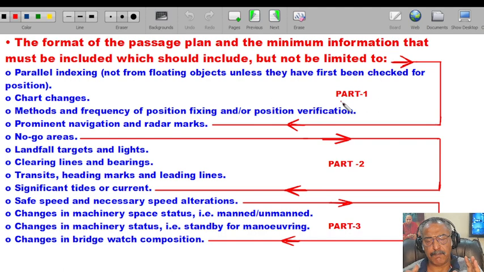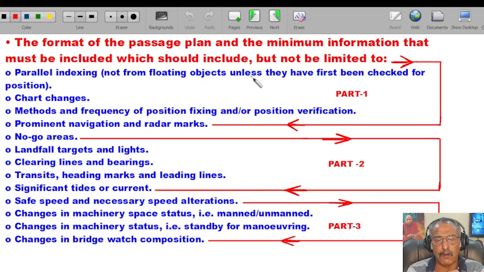Thereafter, subsequently, part 2, part 3, part 4, part 5, and part 6 accordingly with respect to my lecture. Like this one is 53, which is part 1, 54 will be part 2, 55 will be part 3, and so on. So today what we are going to talk about is part 1, which is parallel indexing,